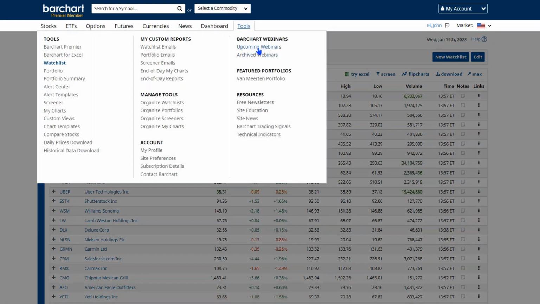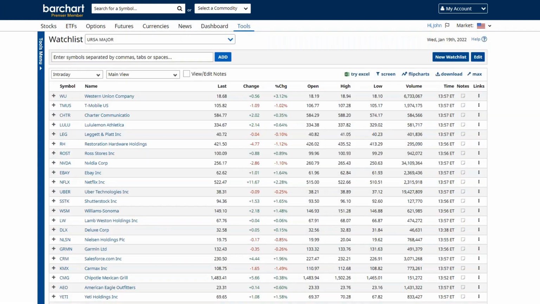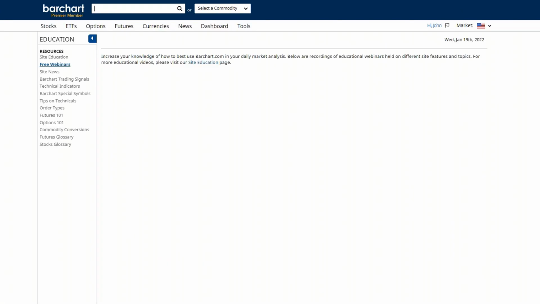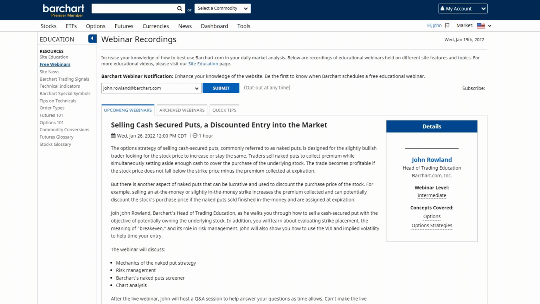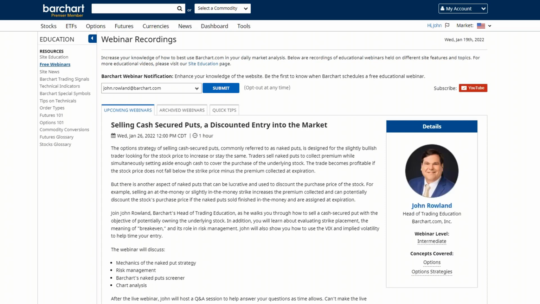So next week we're going to shift gears a little bit. We haven't done an options segment in a while. So we're going to look at selling secured puts, or in other words, naked puts. And we're going to look at this from a slightly different aspect than what you would normally think about with naked puts. What we're going to do is look for opportunities in markets, for instance,